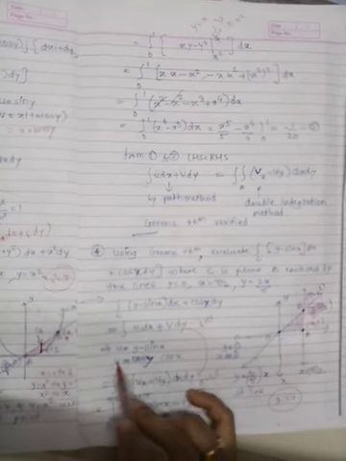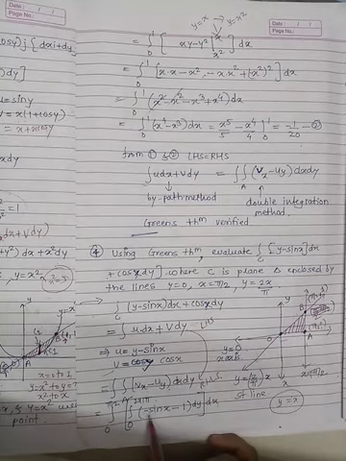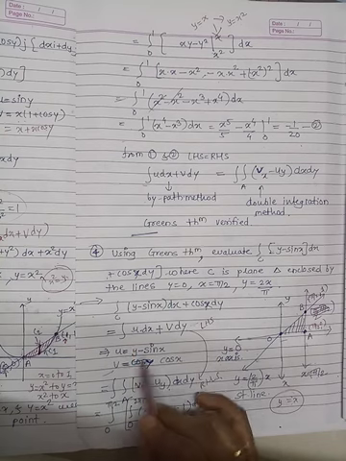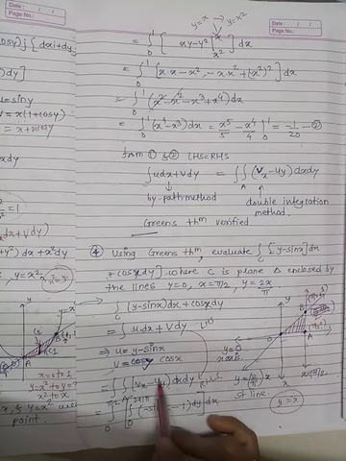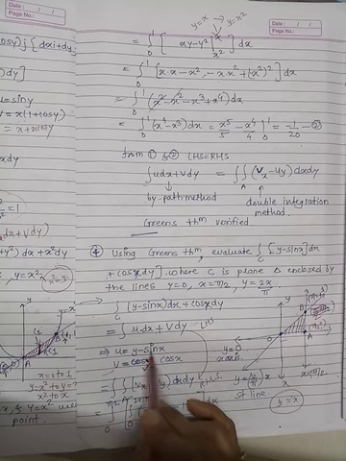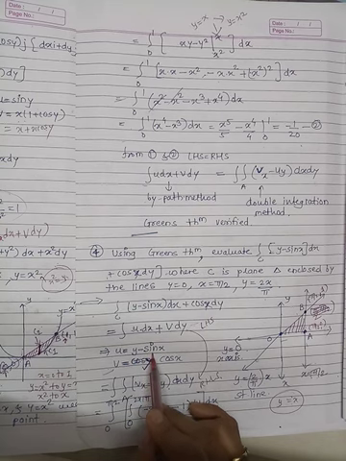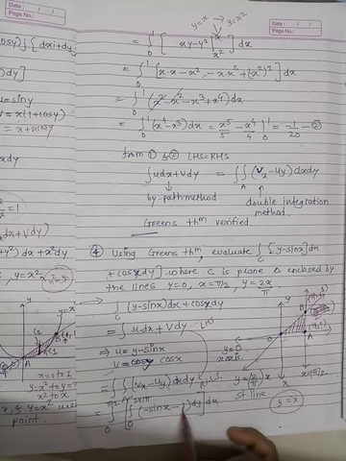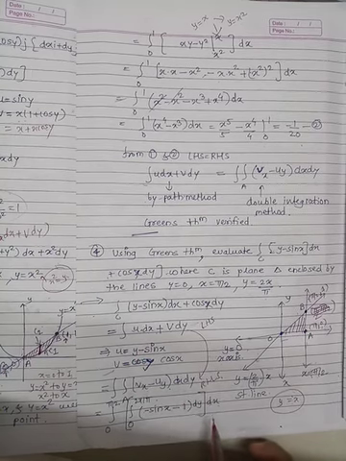So vx means v derivative with respect to x. So cos x derivative is minus sin x. Minus uy, the derivative of y is 1, so minus 1. Sin x is constant. So u, the partial derivative of u with respect to y. With respect to y, sin x is constant. This is the concept of partial derivative. So minus sin x is constant, and the derivative of a constant is 0. So we get only the derivative of y, which is 1. So minus sin x minus 1 dx dy.